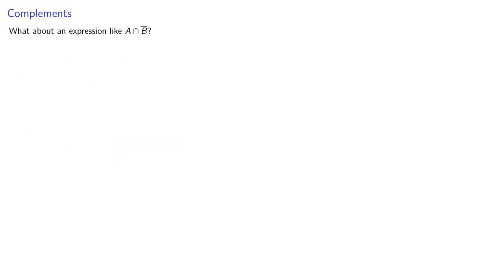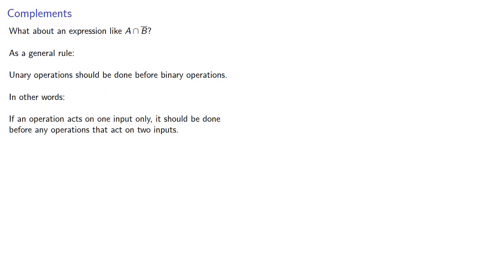What about an expression like A intersect B complement? So as a general rule, unary operations should be done before binary operations. In other words, if an operation acts on one input only, it should be done before any operations that act